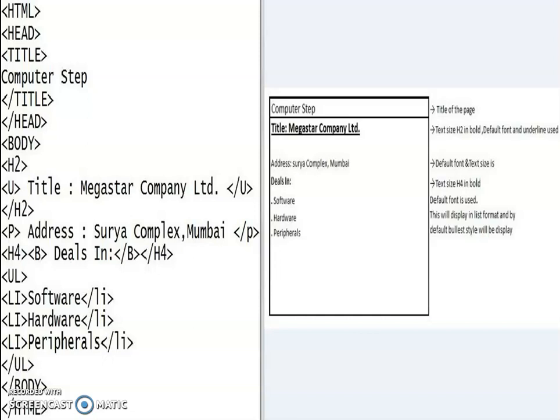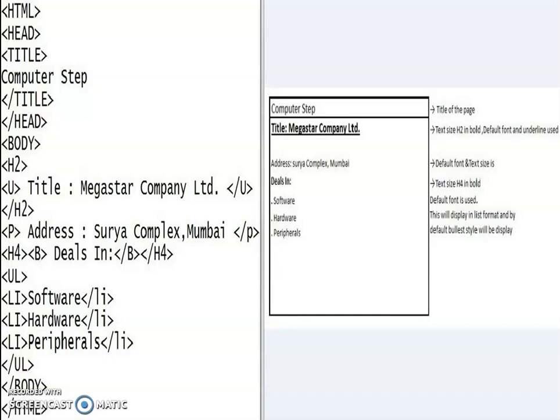Then H2. H2 is heading 2. In H2, U tag, title colon Megastar Company Limited, U tag close, H2 tag close. Now here title Megastar Company Limited will get two effects, the H2 effect and U for underline effect.